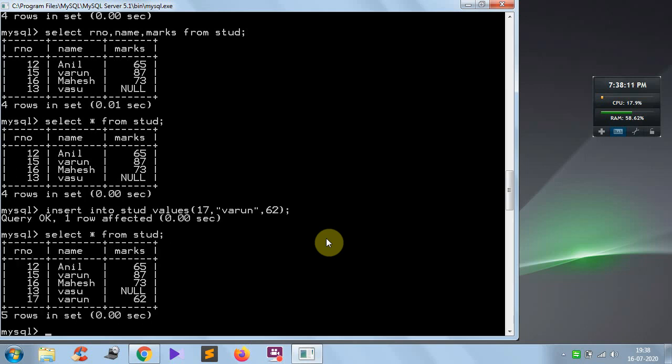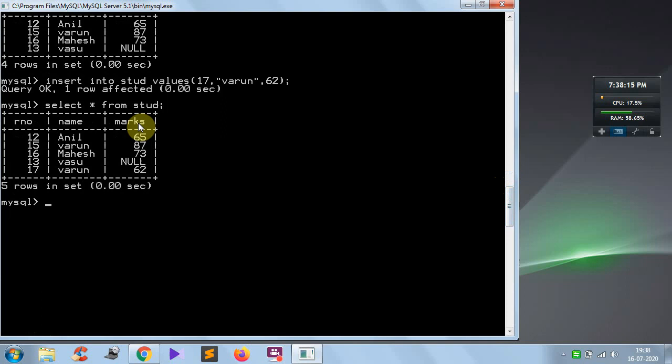Now see, this is the data. If you carefully observe, the name has been repeated twice: two students have the same name, Varun and Varun. The roll number 17 student's name is Varun and the roll number 15 student's name is also Varun.